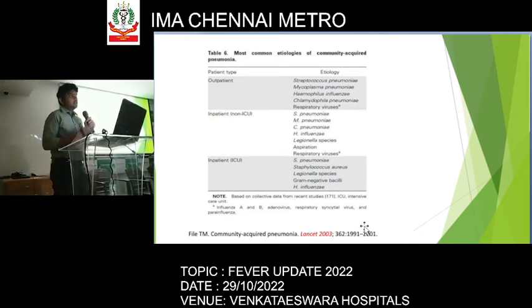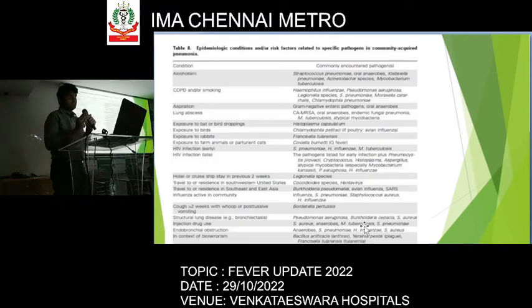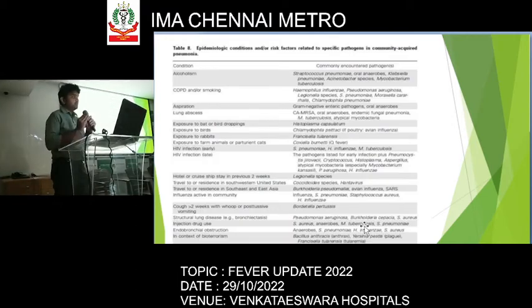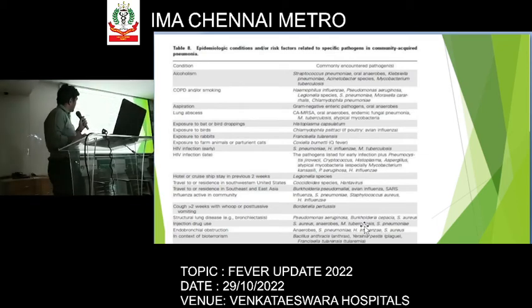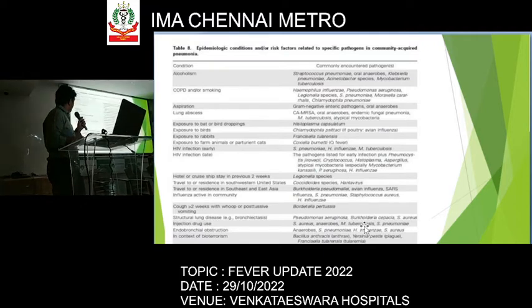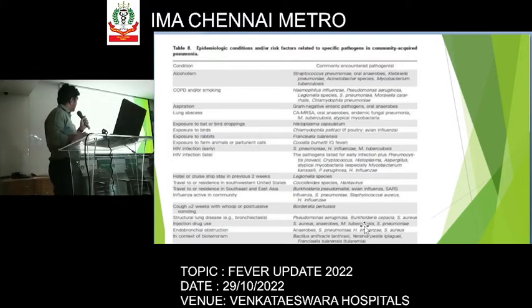There are certain epidemiological conditions and risk factors which have a particular species of organism responsible for community-acquired pneumonia, and I'll just mention a few of them. When a patient is a chronic alcoholic, the common etiological agents will be Streptococcus pneumoniae, oral anaerobes, Klebsiella pneumoniae, and Mycobacterium tuberculosis. In a case of COPD and smoking, Haemophilus influenzae and Pseudomonas are more common